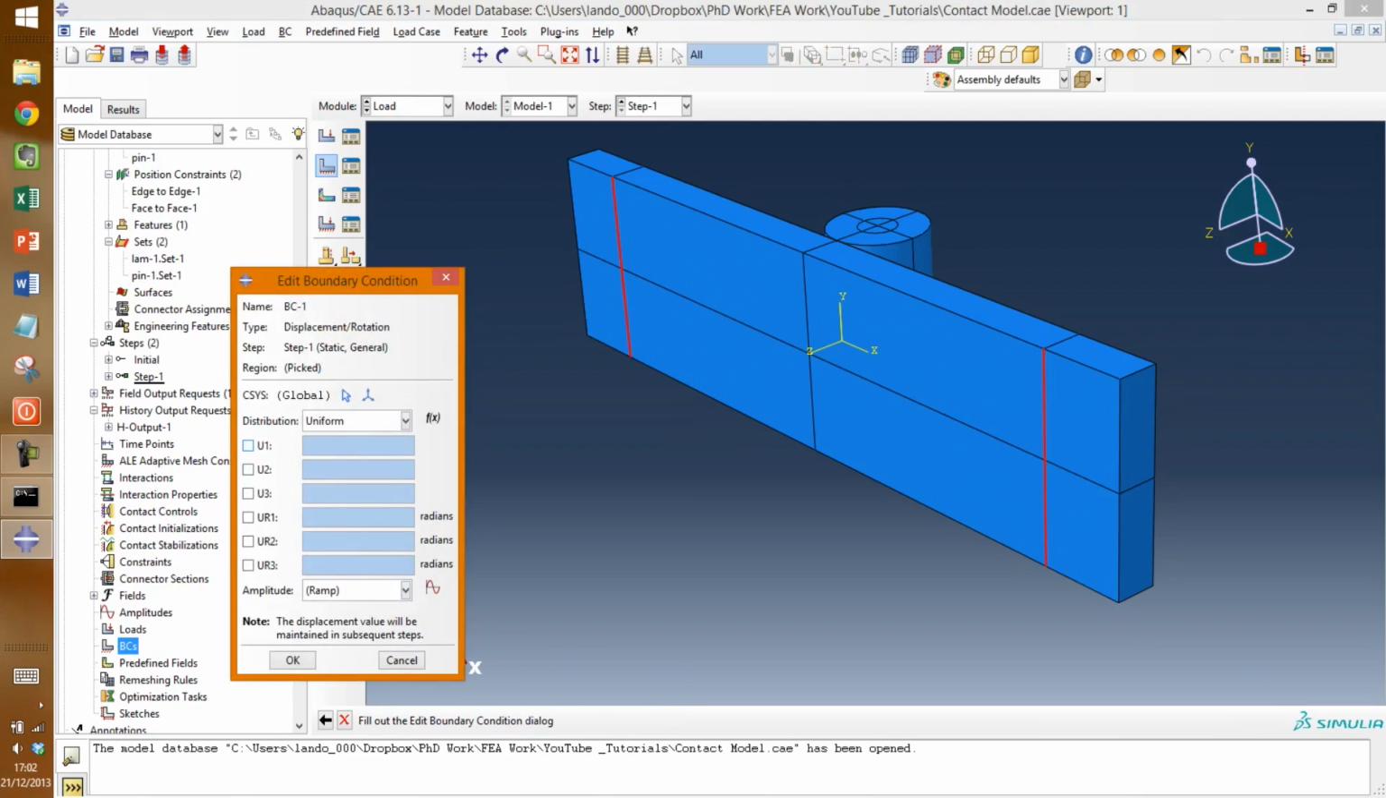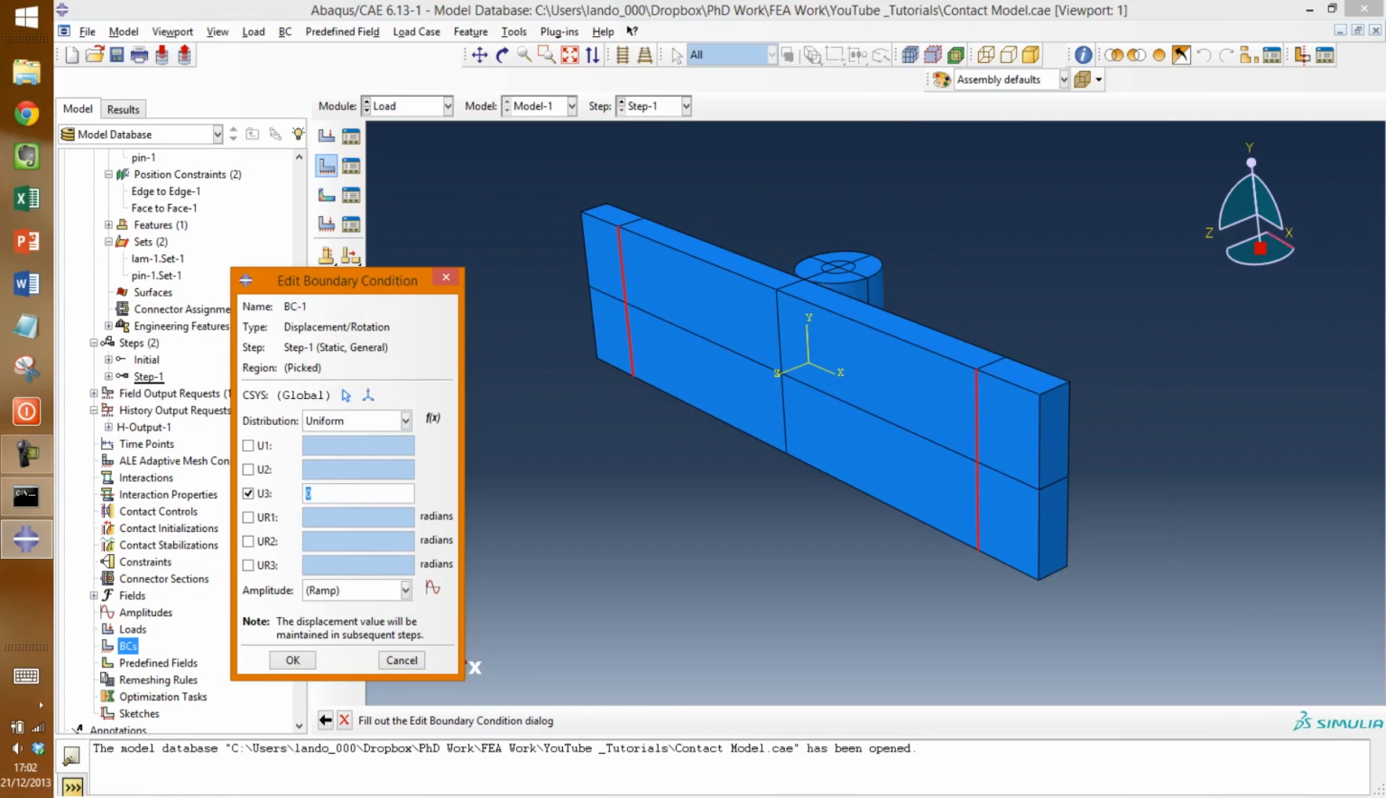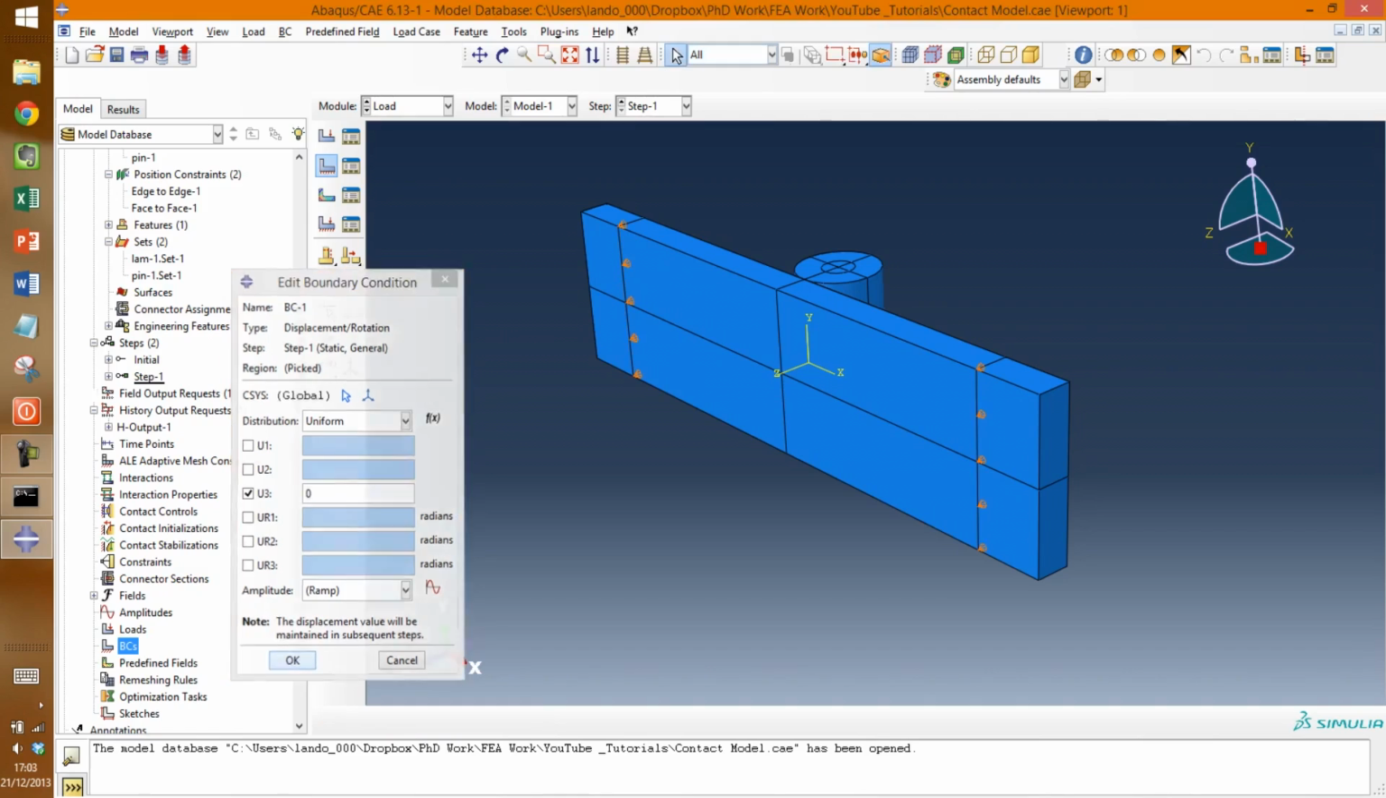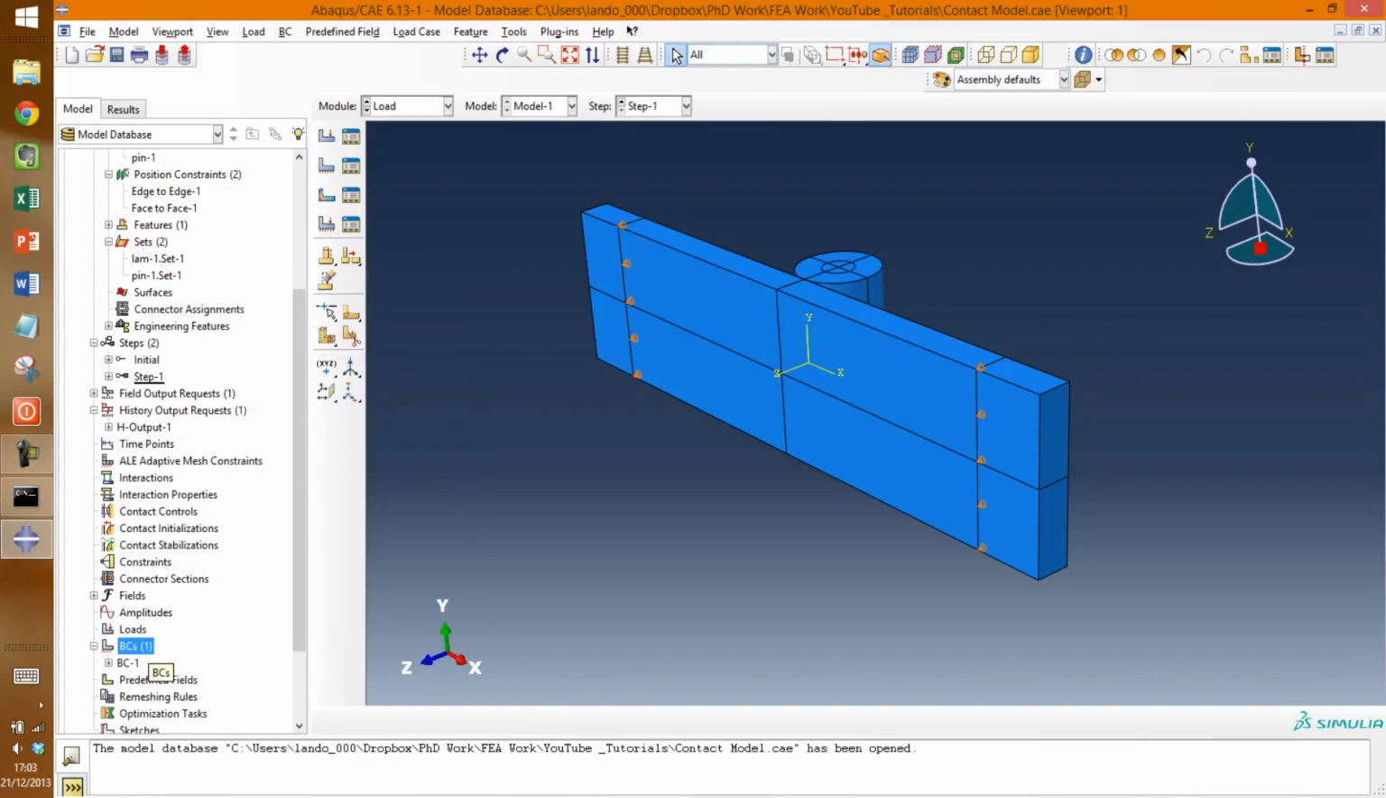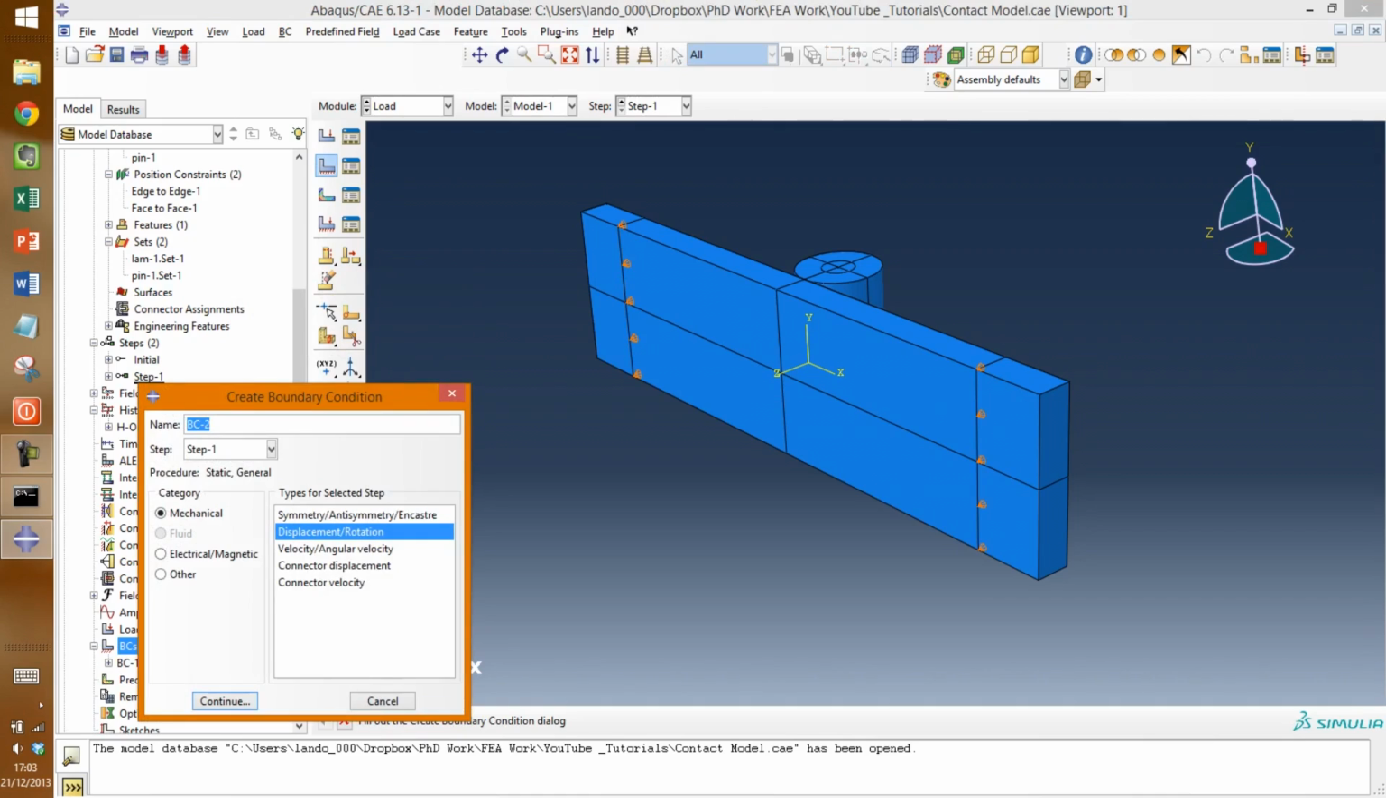And this one I'm going to limit in the U3 direction. So that's the Z direction, so that's the direction that the pin is going to be pushing in. So I don't want to allow my specimen to be pushed in that direction at these points. But it's allowed to slide across the X or the Y, okay? So we'll just accept that. The next boundary condition then will be, okay,